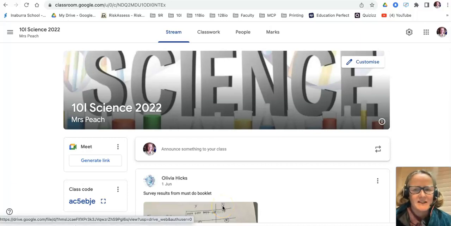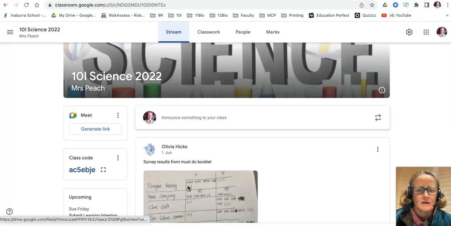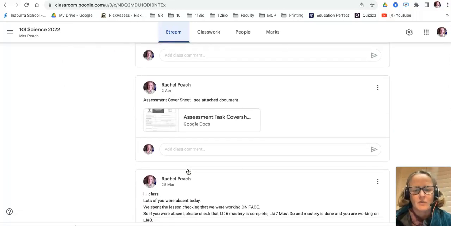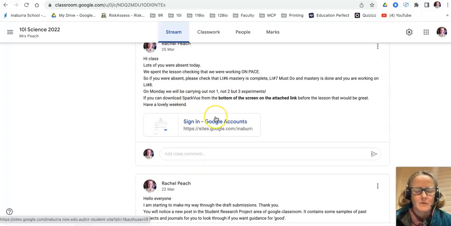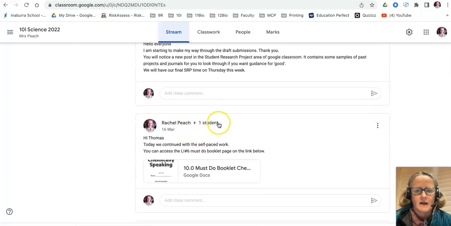Hi, so I thought I'd just give you a little view of what my Google Classroom looks like. When you open it up, obviously it opens on the stream, and on the stream I remove all the notifications because I only want messages either from the students to me or from me to the students with information about maybe what they've missed or if I'm away, or I can message just one student if they were away and